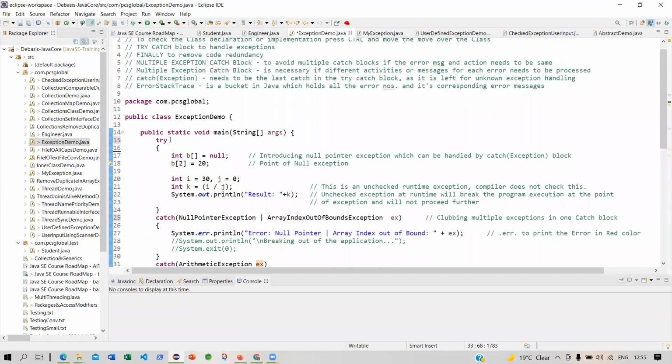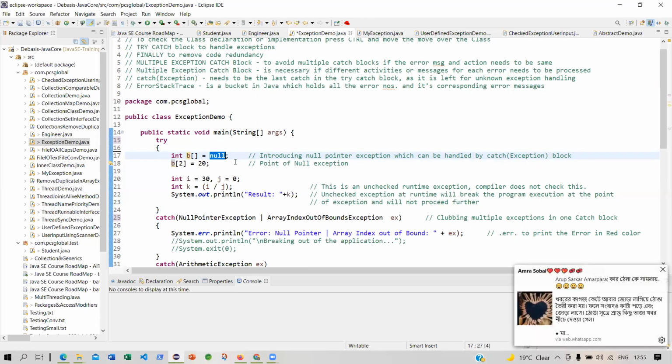What I'm doing in the try block is trying to force an error. I am creating an integer array B, and I'm assigning null. I cannot do that. I cannot use a null pointer.